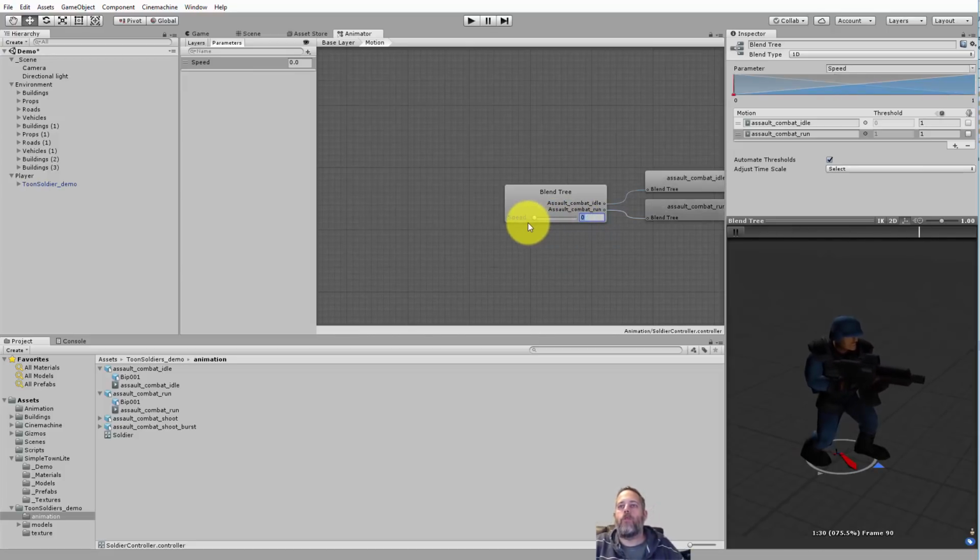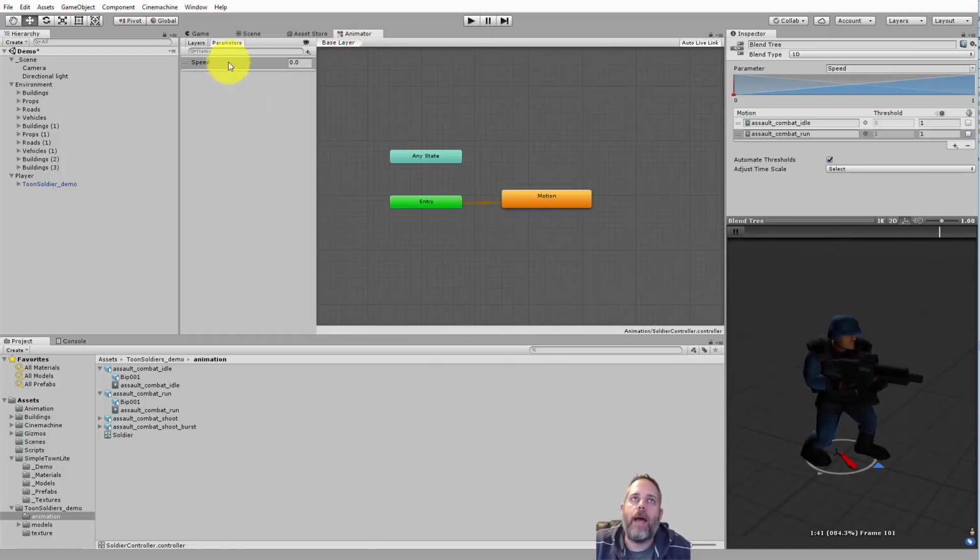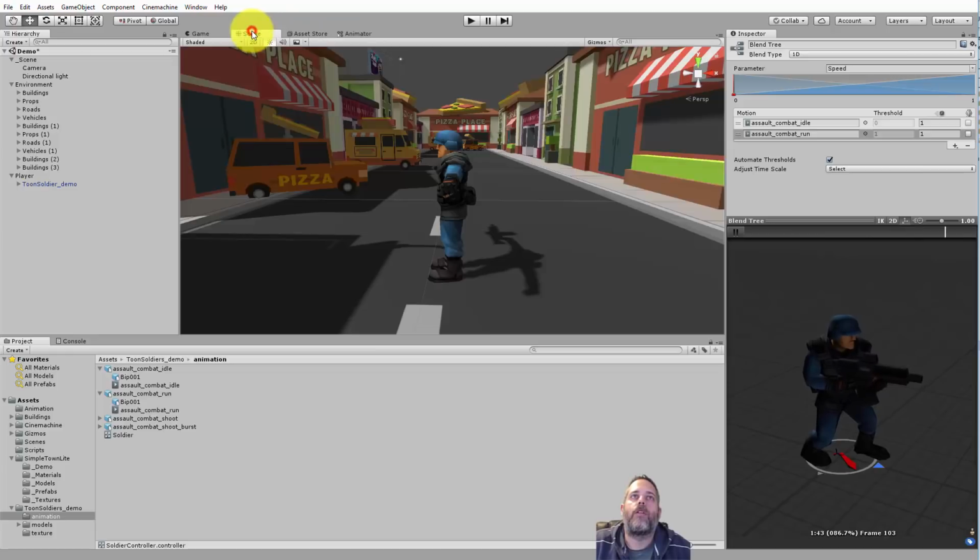Now, what you would usually do is also add in a walk here so that there's a little bit of threshold if you're going to have multiple speeds. Here we just have kind of like going and stopped. It's good enough though. All right, so I'm going to go back and we're going to jump back into the